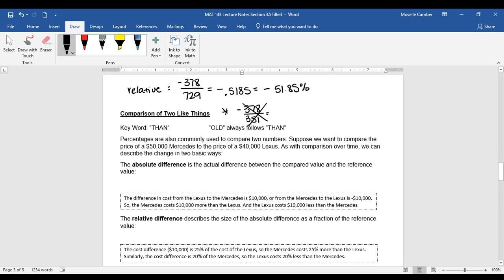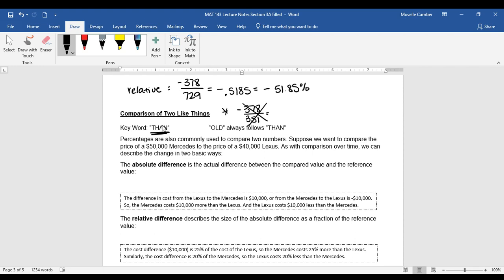Okay, so that was comparison across time. So let's look at comparison of two like things. So this is when you're comparing, let's say, my height to yours. Most likely I'm shorter than you, right? So we're comparing two things. We're going to have this word then, and that is your big keyword here. So the other one was of, this one is then. If you see a then, that tells you you're going to be comparing. And the thing that follows then